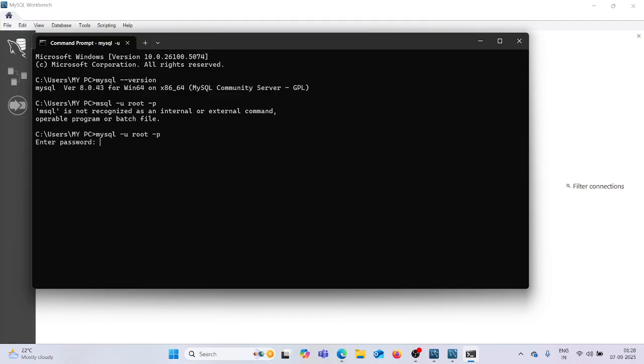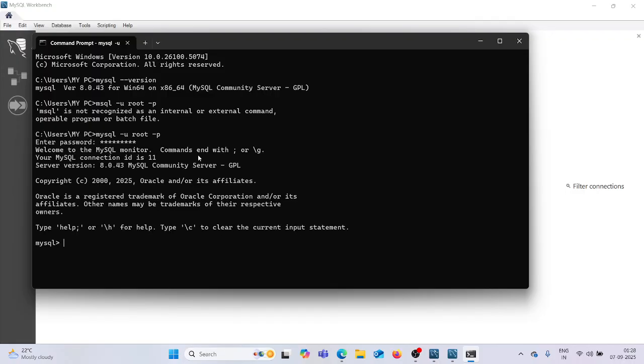So in this way also we can set the password. Whichever password you gave for MySQL Workbench, set the same password here. Okay, so now it took it. It is showing welcome to MySQL. So finally it is done. We set the user root and password for both the Workbench and the command line.